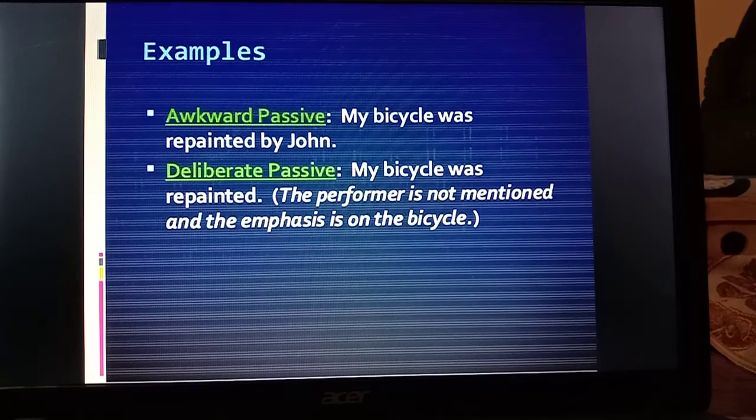See there, my bicycle was repainted by John. Here, bicycle is the subject and John is the doer. Actually, he is the object here. So the cycle is being given preference here, and John is not